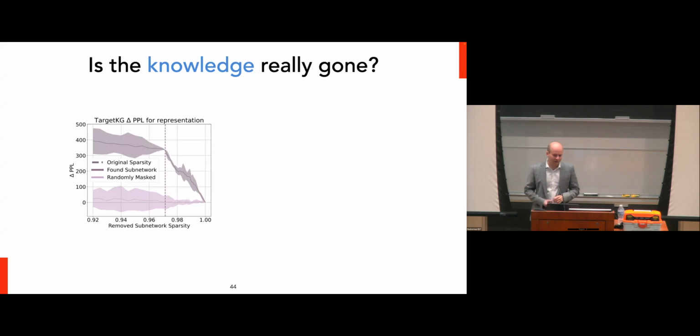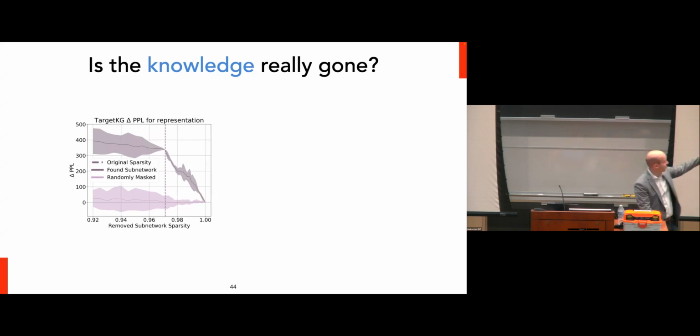A fun pattern to justify a bit that these are actually the knowledge critical subnetworks is that we wanted to make sure that we hadn't just completely overfit and found some subnetwork in parameter space that happened to no longer encode this type of knowledge. If we start removing more knowledge from this remaining model afterwards, what we see is that the delta perplexity remains high. So in other words, if we had just completely overfit to a model that just no longer had that knowledge, we would expect that to go back down towards zero afterwards. Instead, it remains pretty high.